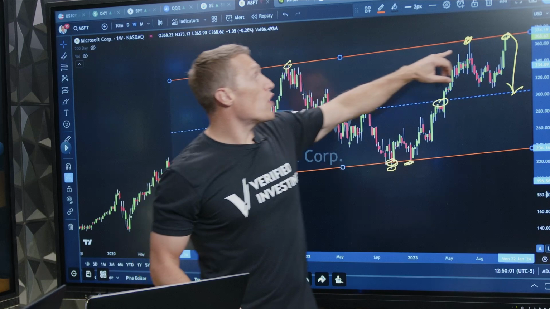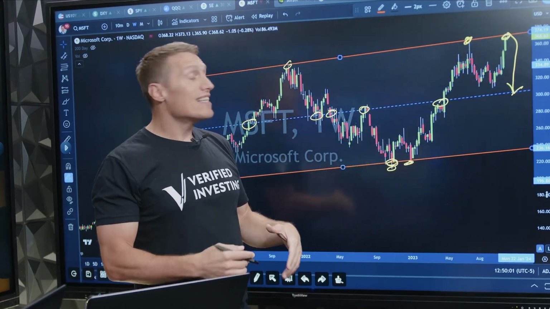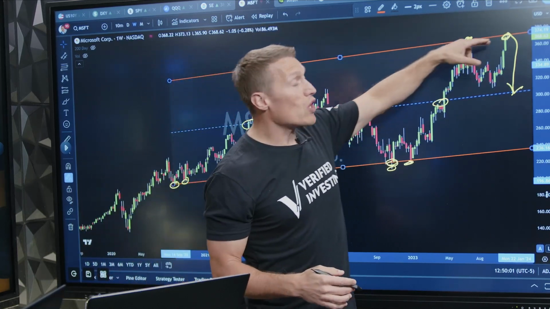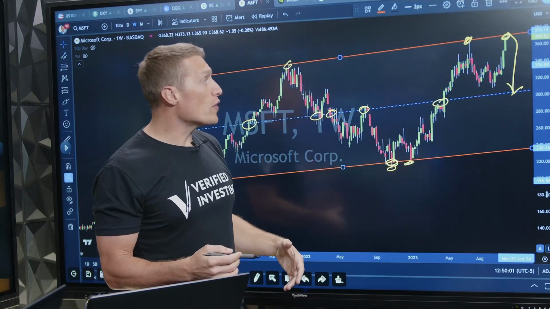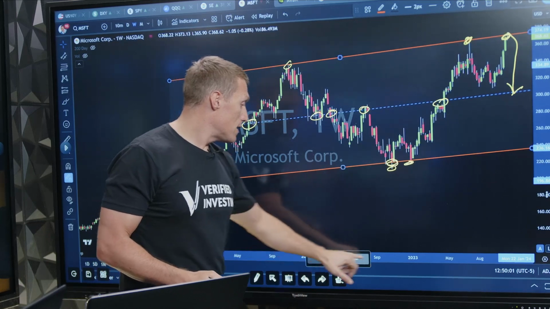So now that we have our third hit, the third hit is where the magic happens. This is where we get our bigger pullbacks. And this is where we can actually start shorting the position. Okay, so as you can see, I'm going to go ahead and erase these lines. As you can see,